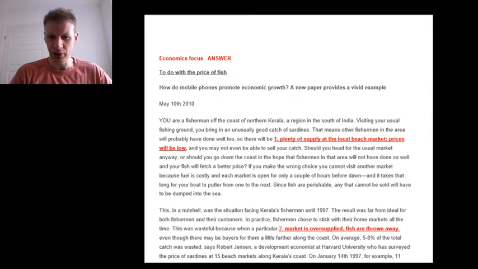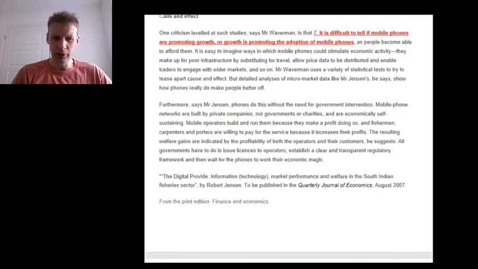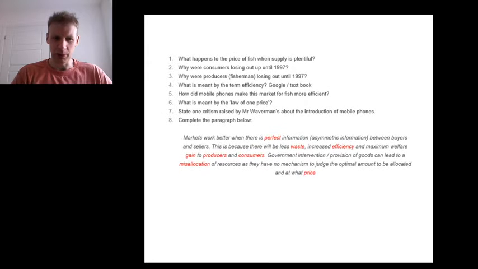I've highlighted the answers on the article, so just green pen those and make sure that you take a picture and upload them to Show My Homework, to show me that you've attempted those. But I want to come to the bottom of this document. So the article goes on and on, and then you had some questions, but I want to draw